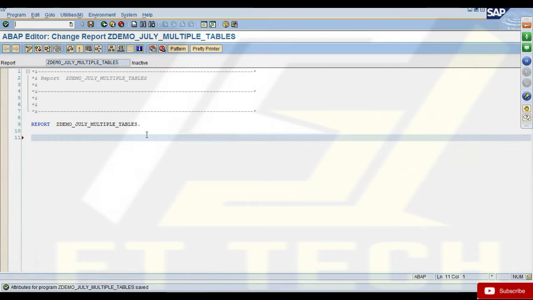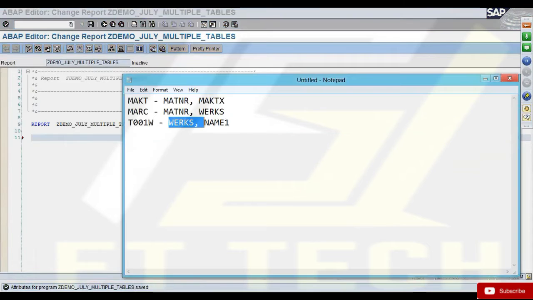Yes, Kiran. First of all, we can select the material description, MAKTX, from the MAKT table. What I see is we can select MAKTX from MAKT and the MARC table, I mean the first table, using the user input MATNR. And then we can write a select.